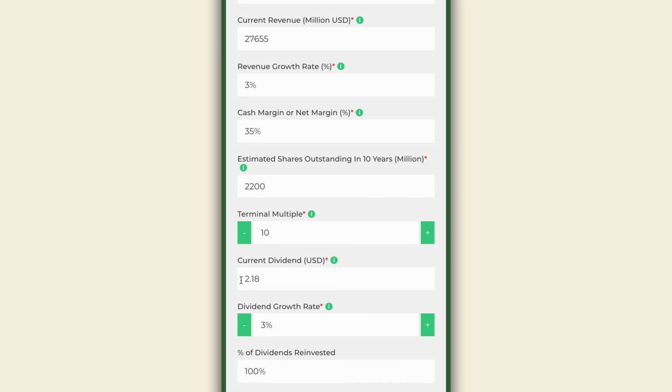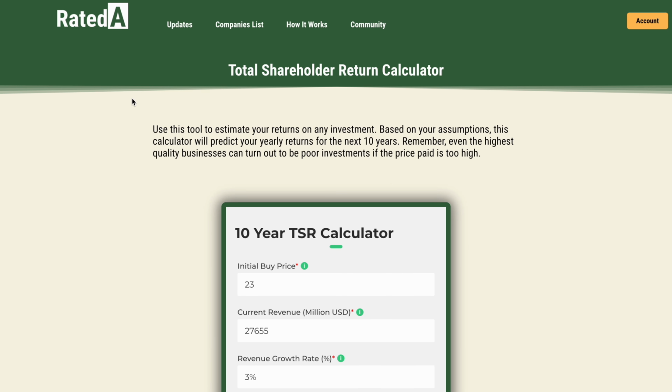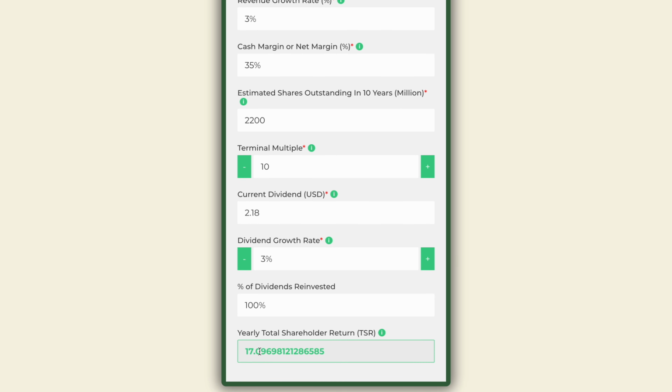So I've input the company's current dividend that they pay out, which is 2.18. And for the dividend growth rate, I've assumed 3% and 100% of dividends reinvested. And once again, the reason I've gone with 3% dividend growth is because I think it's a nice average over the past 10 years, a bit higher than the last 3 years, but a bit lower than the past 5 and 10. So, according to all of these assumptions, I've come out with the yearly total shareholder return of 17%